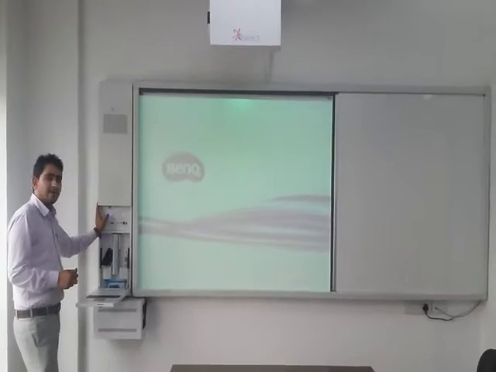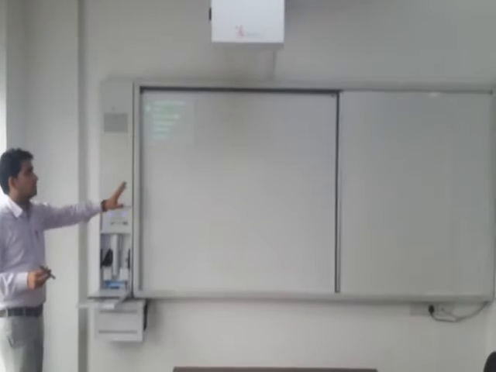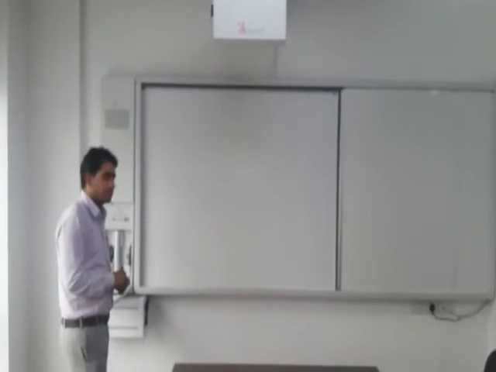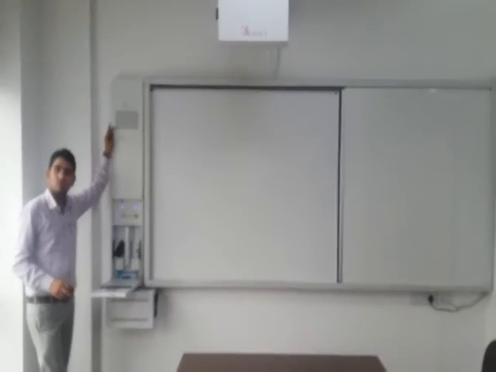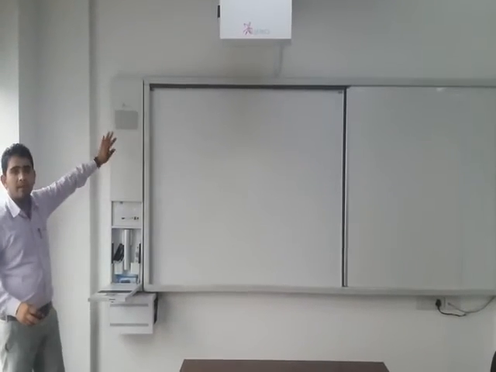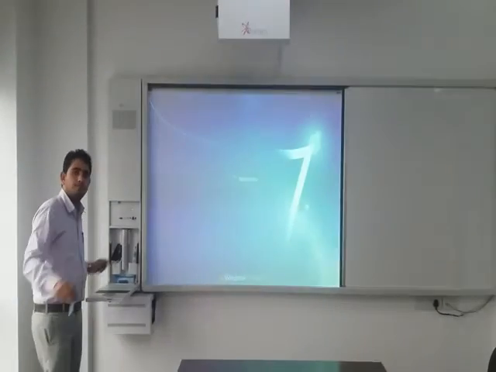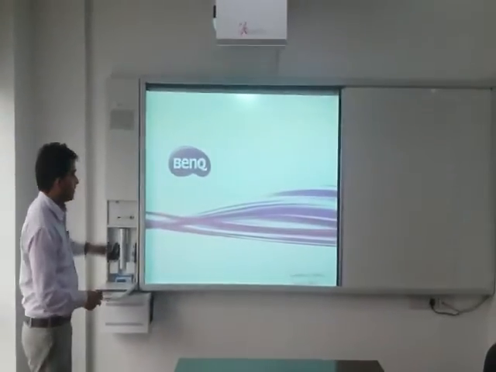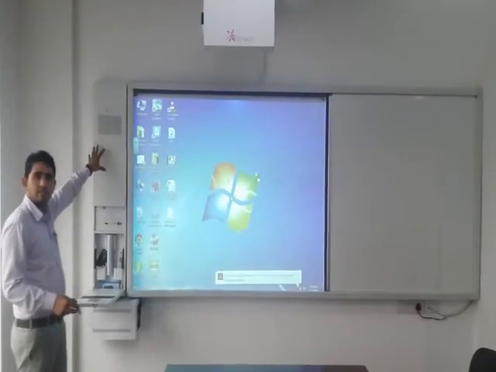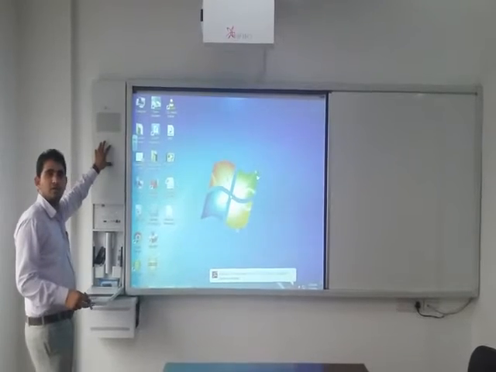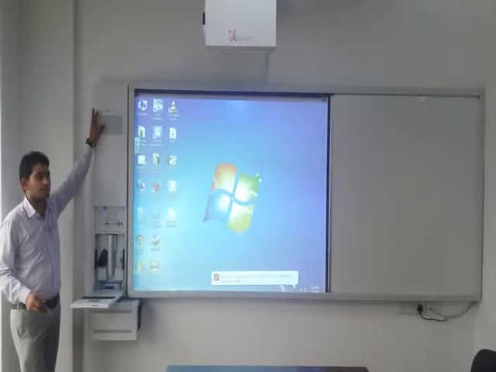Now this blue light is flashing, like the system is on. Now it detects the screen of the computer system. This is aesthetically designed for the schools. It is a totally compact system. Right now in the market we have different kinds of cabinets, but this is the compact design cabinet. It has a built-in computer system, i3, 500GB and 2GB RAM, and a 40 watt speaker system is also inside the cabinet.